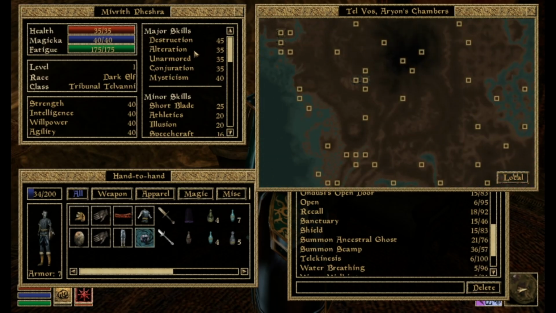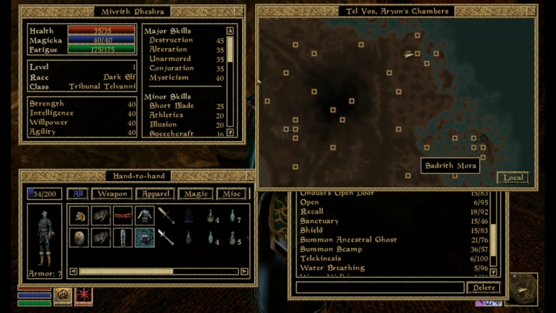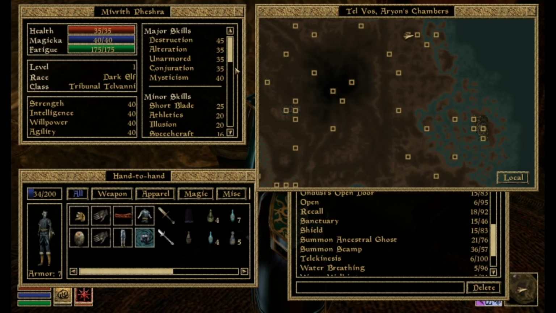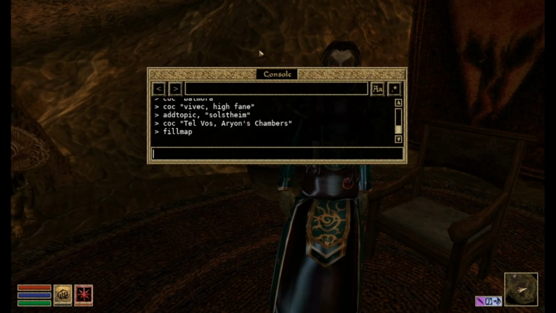It won't add the texture to the map. As you can see, like right over here with Alt Rune, you can see a little bit of texture and a little bit of texture in Sage's Mora. I added that by playing the game in the vanilla way. So there's a different command for that, I believe, but the next one is fill journal,